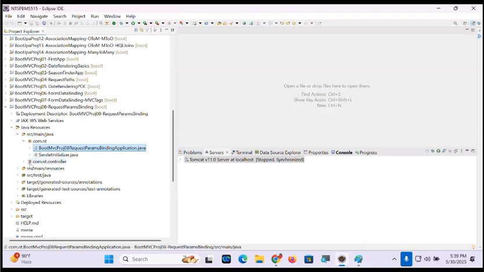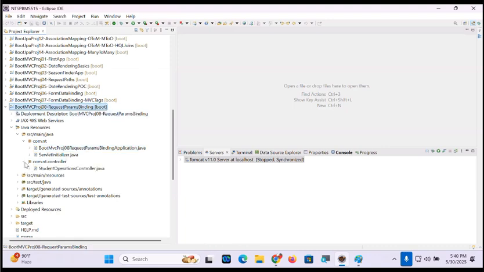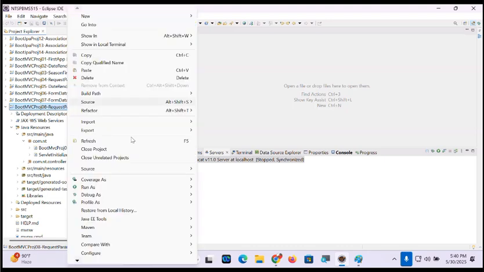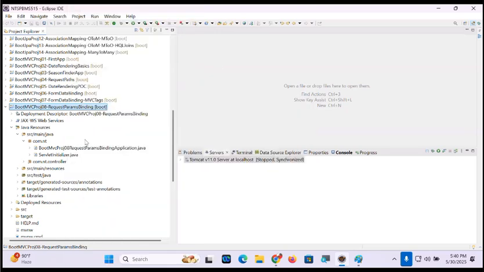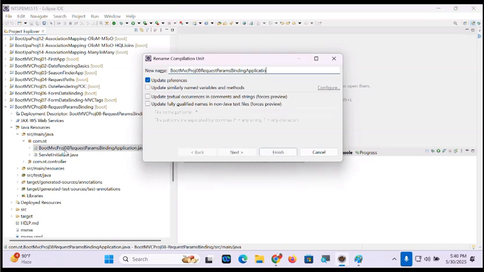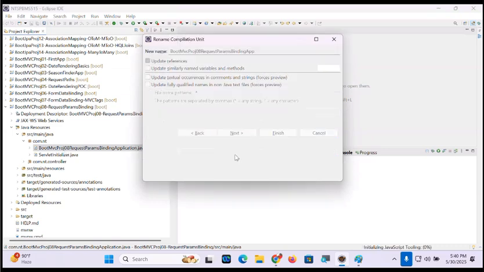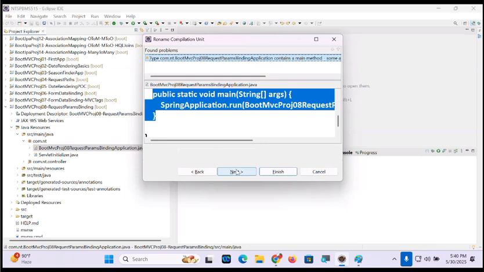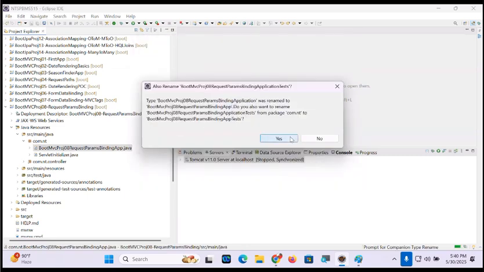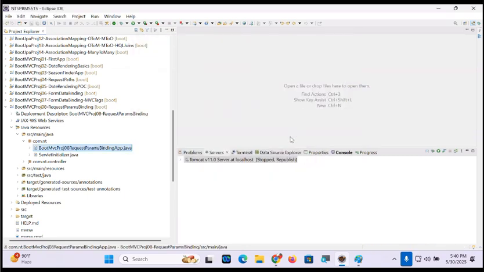Com.nt, here is my controller, student operations controller. Right click, run on server, say next, say next, say finish.